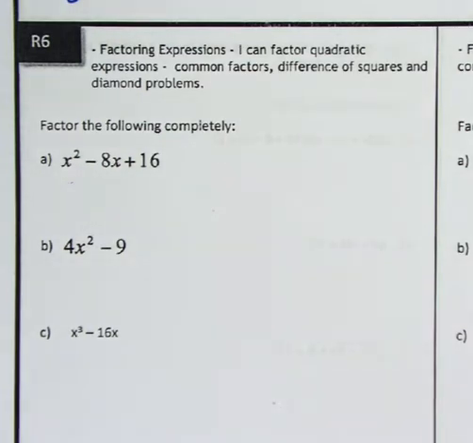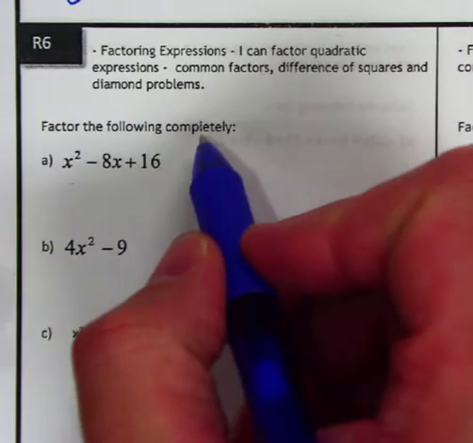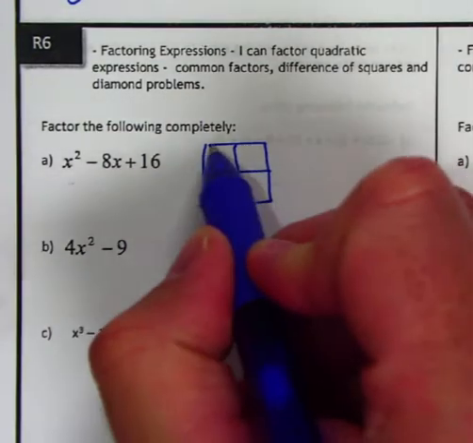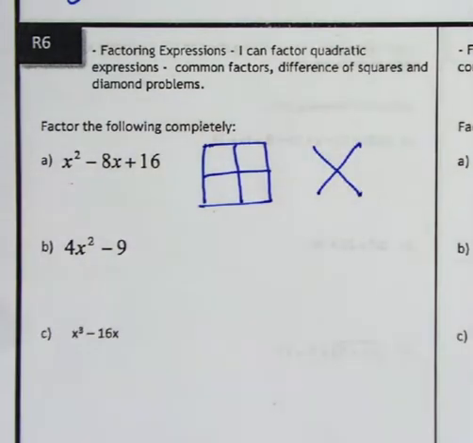Right, factoring. I can factor a quadratic expression. Factoring comes down to that whole idea or the strategy of using a generic box or generic rectangle and a diamond problem, as we call it. And so it really comes down to, and you may want to put this down in the mistakes and notes